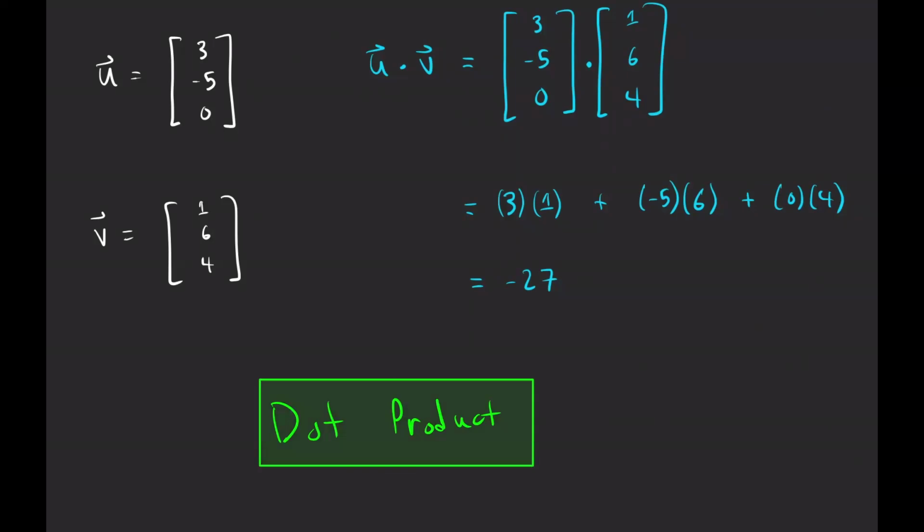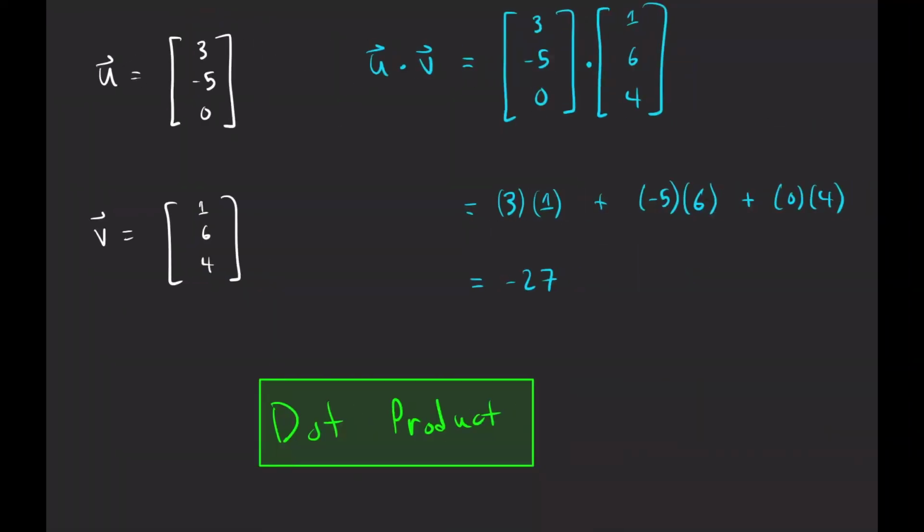Wait, so we have a dot product with two vectors there. The question is, what the heck is a scalar product? And I'm going to whisper this because I don't want anybody to hear me say it. A scalar product is the same thing as a dot product. It's just when, instead of having two column vectors, these are vectors that are just a single column, I'm going to take one